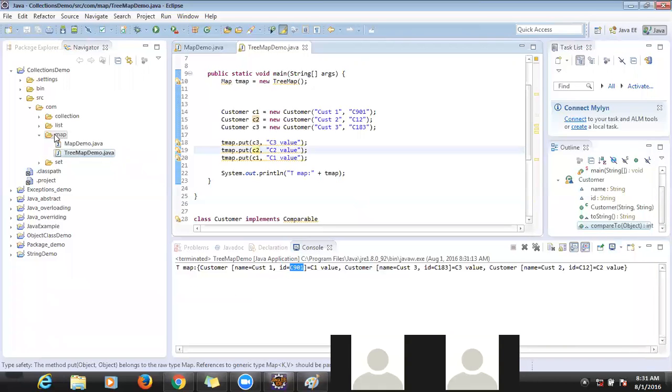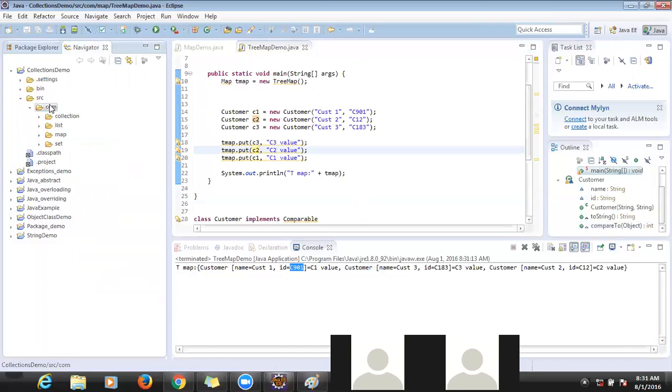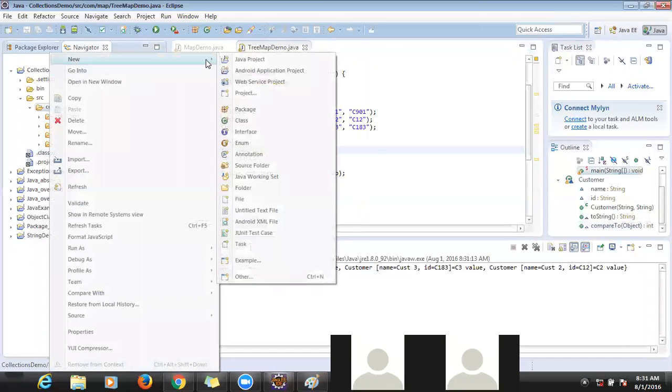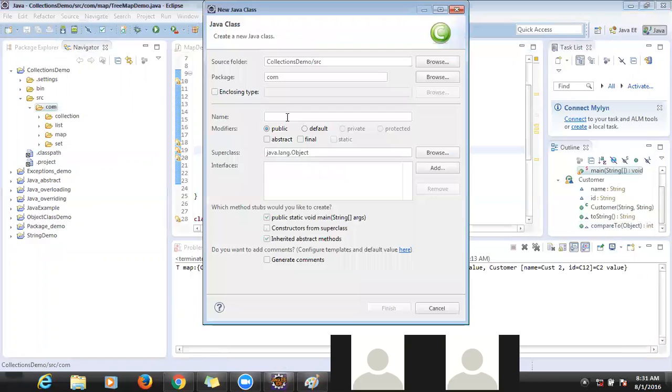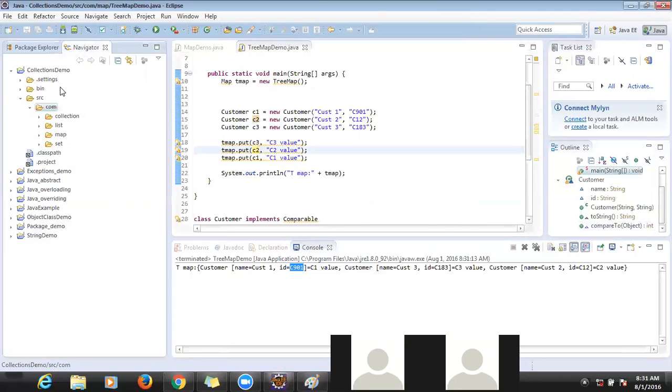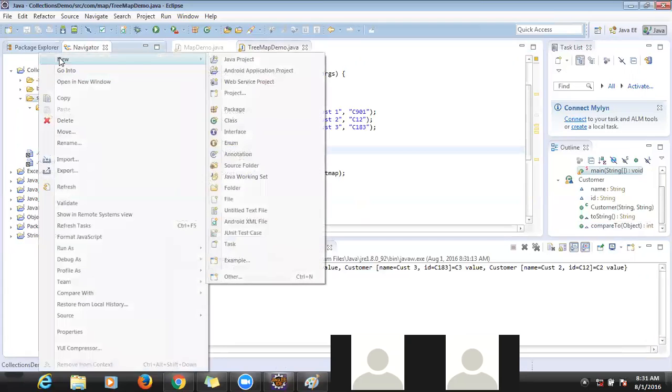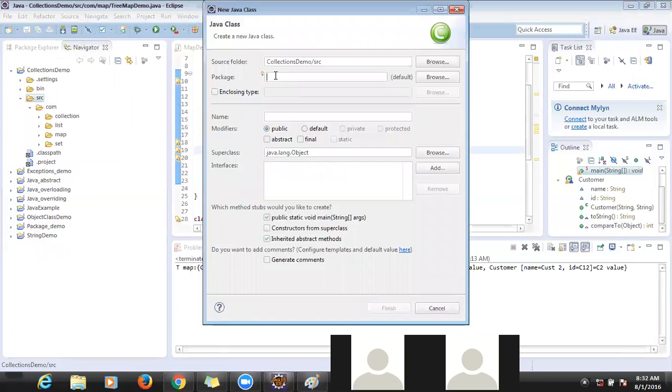Now the next problem is, let me add another package, com.sort demo. I'm creating another package called com.sort demo, and the class name is compare demo.